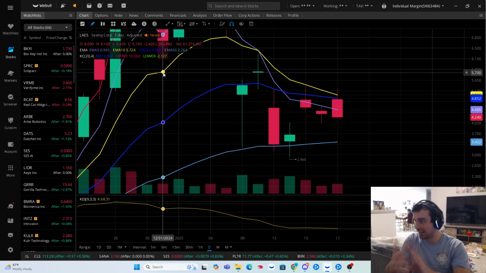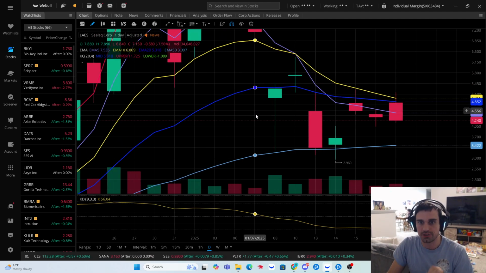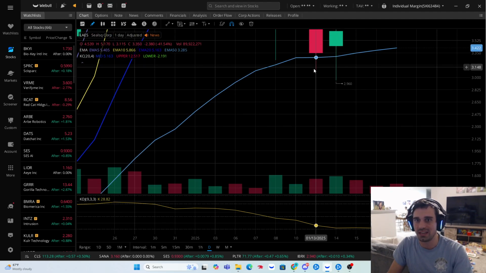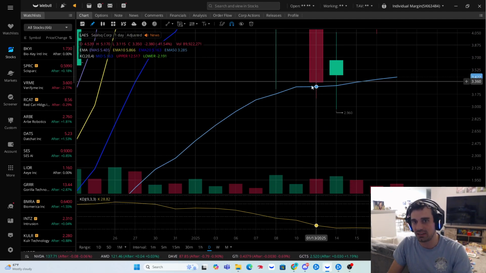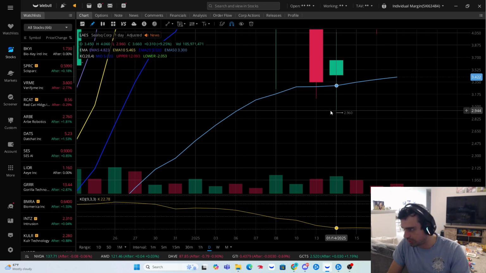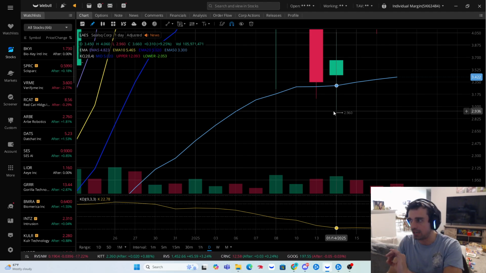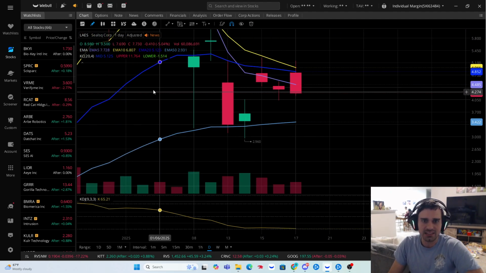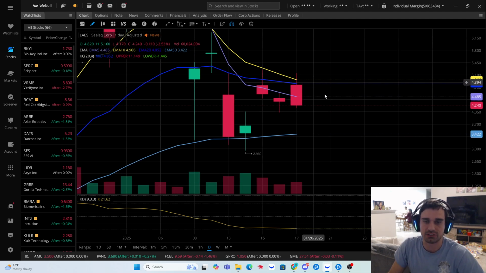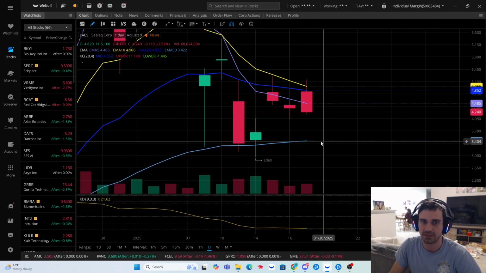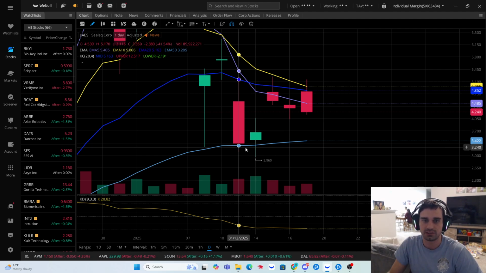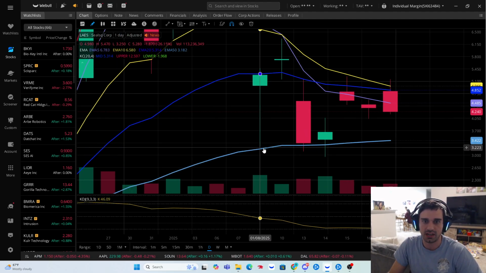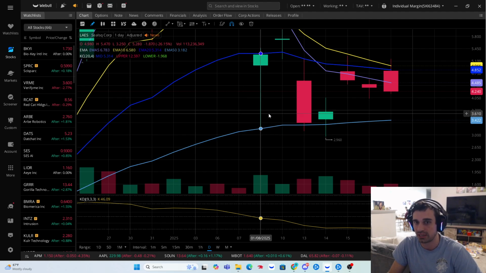I'd like to see a daily candle close under my EMAs. So you see how these are wicks? None of these count. I have to see a body of a candle below the 50. If I see a body, then I know there's weakness. So yeah, LAES, as of now, if you're looking at this, I would not play it on the EMA 50. You only play it one time when it physically touches. This was not a physical touch, so that's why you could potentially play it again.